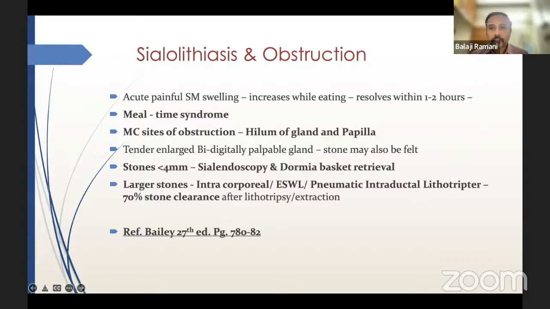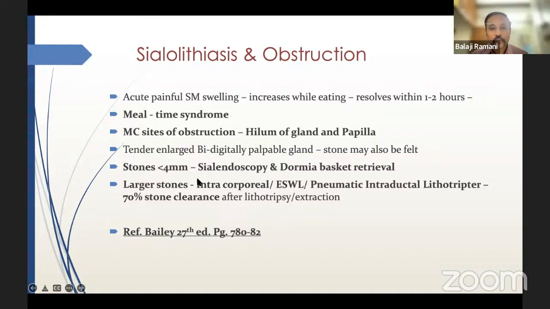Yeah. So among the stones, when you have a 4 millimeter stone or less, then you have to go for sialendoscopy and a Dormia basket retrieval. This is going to be done for stones just like what we do in the renal system as well. Whenever you have a ureteric stone, you will go for ureteroscopy and Dormia basket retrieval. The same thing can be done here for the small stones when they are present in the submandibular salivary duct